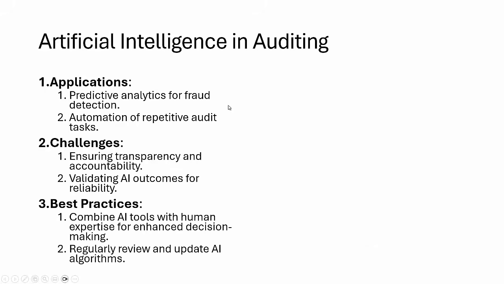Now, next is artificial intelligence in auditing. Very, very important, and it is part of the new syllabus of CISA. When we're talking about AI, artificial intelligence, it's a very important thing. As you know, we have two important elements here, AI and ML. We have a brain, our own intelligence, which thinks, and based on that gives a response. Same like that, AI is a brain and uses machine learning to provide the data.